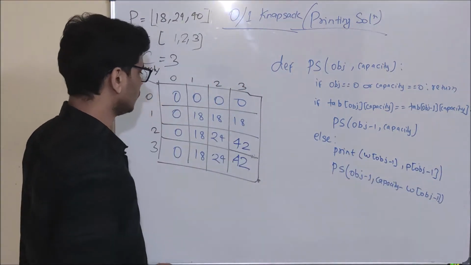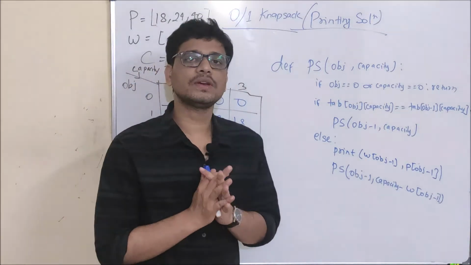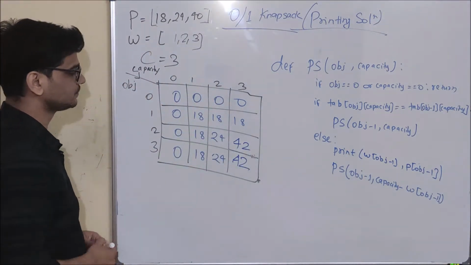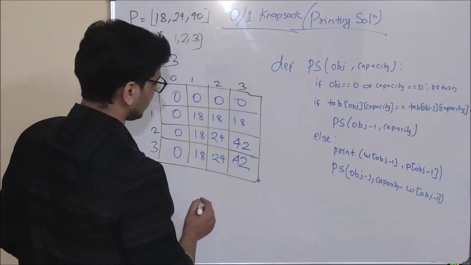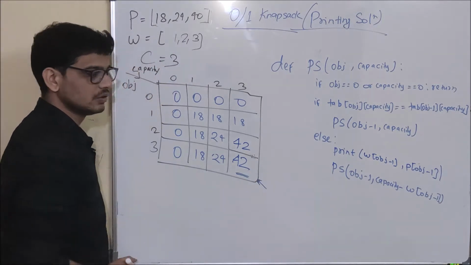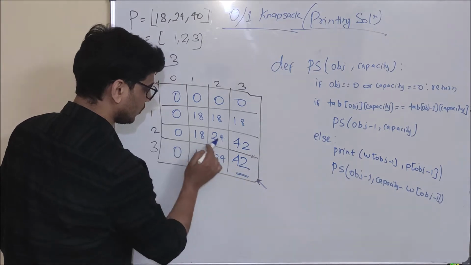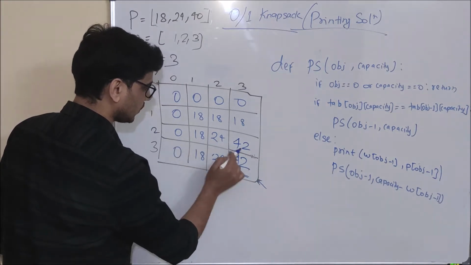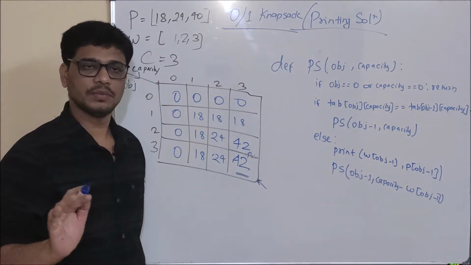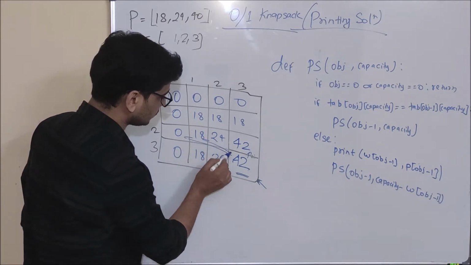So this is the bottom up table which we will be using here. Basically, you can use a top down table also, but I am using bottom up for easy explanation. So first of all, what I am going to check is that my answer came from this particular cell. The value of this cell may have come from this particular row. If we have not taken the object, then the value came from here. Otherwise, the value would have come from either of these three.